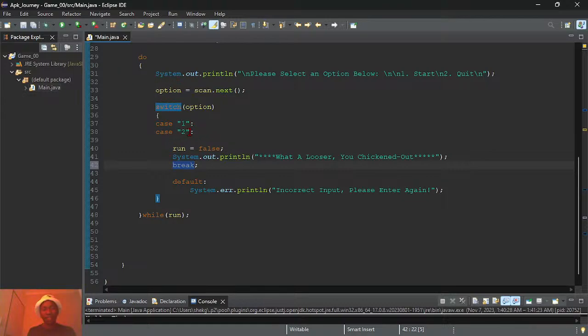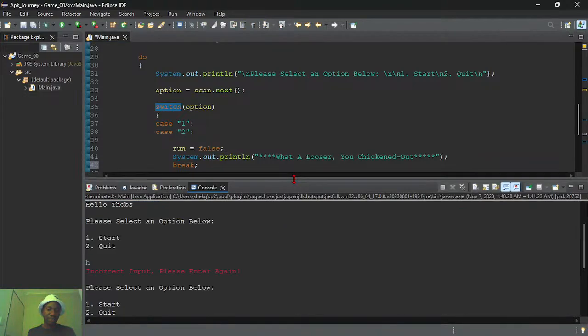Whatever is supposed to happen in case 2 happens, and when it gets to the break, it stops. Before this break, the program did everything inside of case 2, and also continued and went to the default. That's why we saw the 2 messages there.